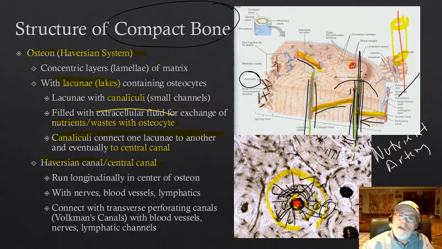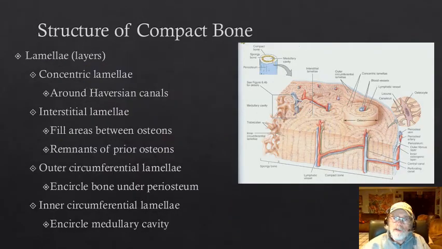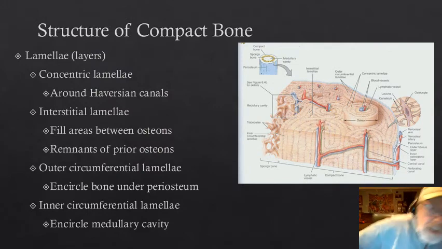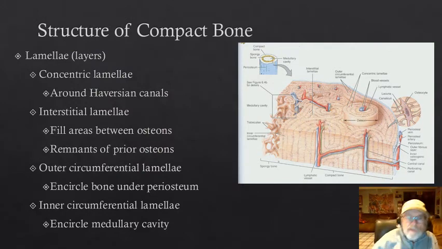So haversian canals, as I can see here, run longitudinally. Volkmann's canals run transversely. And that's how we provide nutrients to the bone in our compact or cortical, dense, hard bone. And that's called the haversian system. Now, when we look at that structure of hard bone, again, we have a bunch of different